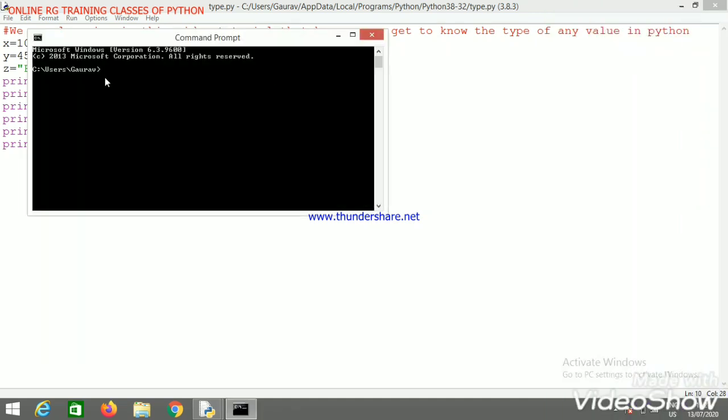Here the path of the file that we want to run must be specified, the path where your file is saved. The file is not saved in this folder Gaurav. So where is our file saved? That we need to check, my dear viewers.